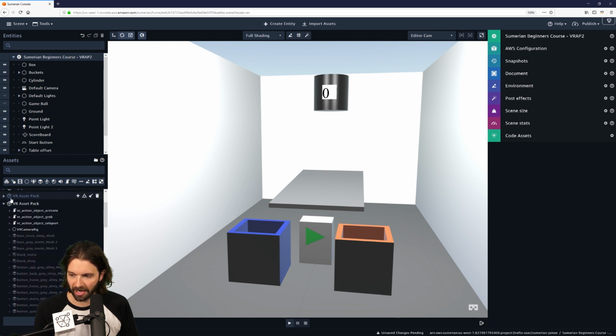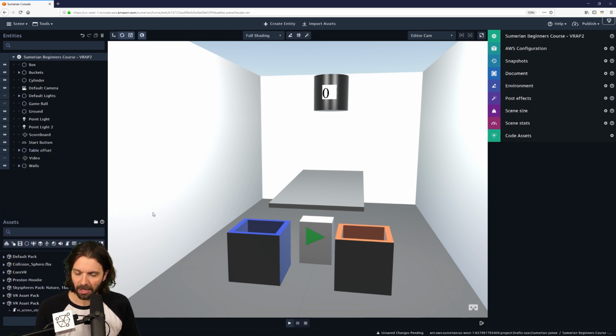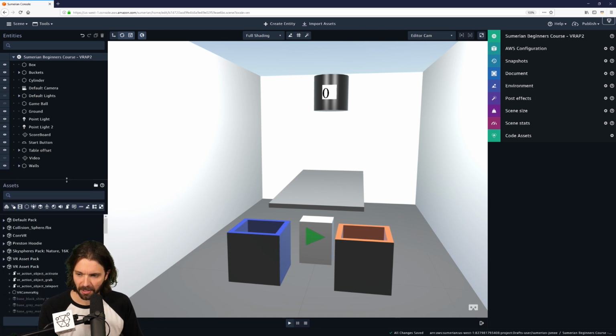And here's our VR Asset Pack. Before I started recording, I had actually already added it, so now you see two, but that's okay. Additionally, I have removed our host. That's one other cleanup item I did, because as we are going through this, we don't really need the host to be talking to us, so I just removed him. Okay, so now that we have the VR Asset Pack in our scene, or a second one technically,